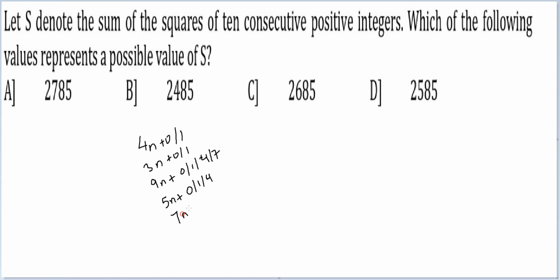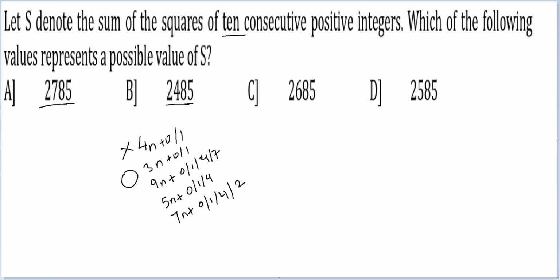And the last one is with 7, they can leave a remainder of 0 or 1 or 4 or 2. These are the possible remainders that the numbers can leave. Given that remainder with 4 everywhere is 1 only, this is not useful for us. With 3, you can get 2 cases because there are 10 consecutive integers. You have 2 cases with the same remainder with 3, so that is also not the preferred way.